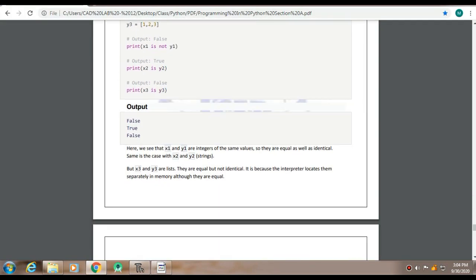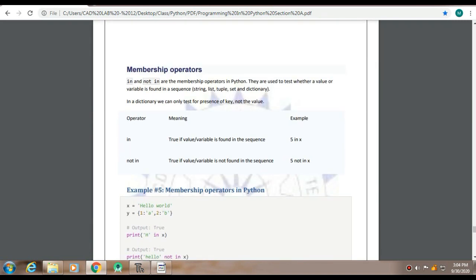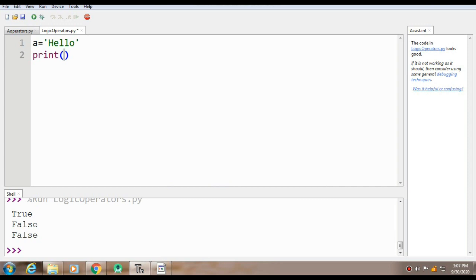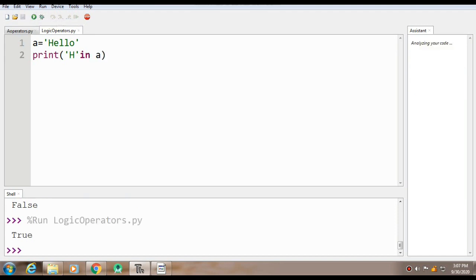Then we have in and not in. That is our membership operator. It will check whether that particular thing is available in that particular sequence or not. Now we'll see whether this H or some particular character is available in this particular string or not. Let's say I simply want to check H in a. When I execute it, it says True, because this H is available in this string. But if I check the small h, it returns me False.